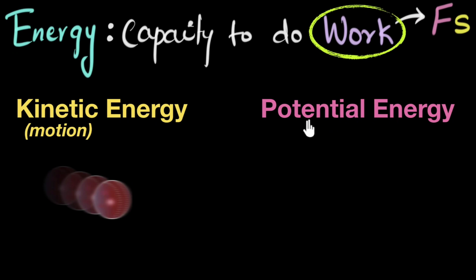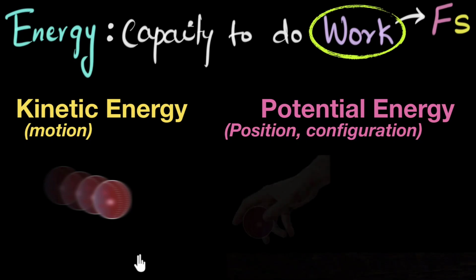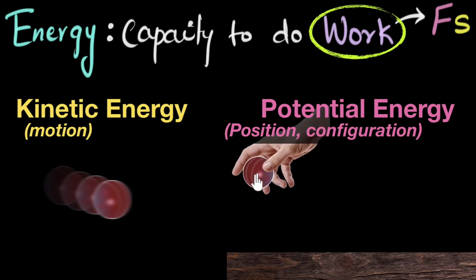Potential energy is the energy that's waiting to become kinetic. That's one way to think about it. And what does it depend on? Potential energy depends on the position or the configuration. So for example, if you look at the gravitational potential energy, that depends on the height of this object. For small heights, it can do less work, so less potential energy. At higher heights, more potential energy because gravity can do more work, so position.